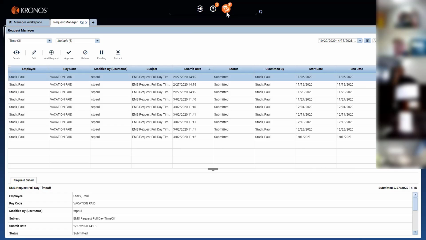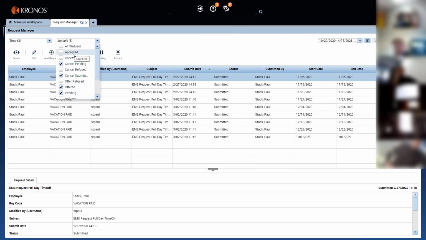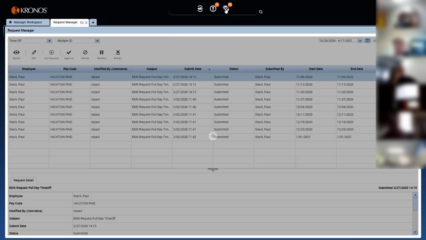When you click it from the time off request alert, you see that it's already open in the type, so you can choose between types of alerts. In this case, time off. And by default, because I'm looking to approve time off requests, it only opens certain statuses. But if I want to look at what other requests have been approved, canceled, etc., then I can click on any of the other statuses. But when I click from the alerts, it will just by default put it there,